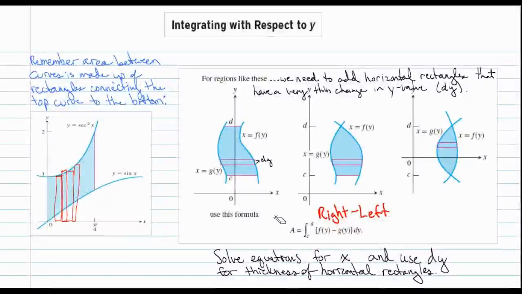This is the screencast for section 7.2, example 5. We're going to integrate with respect to y this time. Now remember, in the previous examples that we did, your rectangles are vertical. You are taking the height of your rectangles under the top curve and subtracting out the rectangles underneath the bottom curve, getting rectangles that stretch from each curve, and those rectangles have a teeny tiny little width that we call